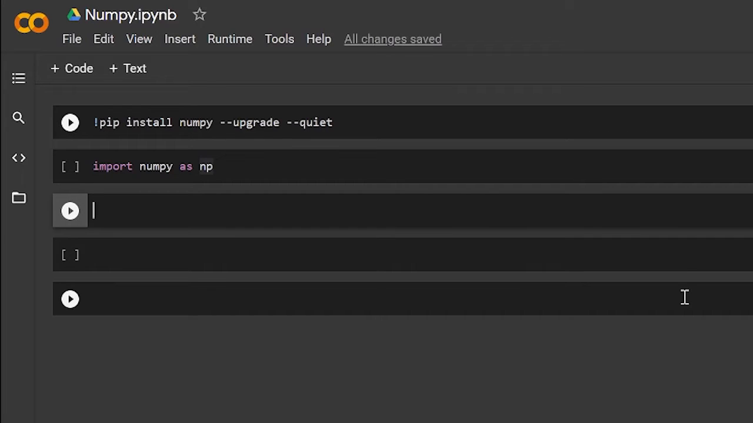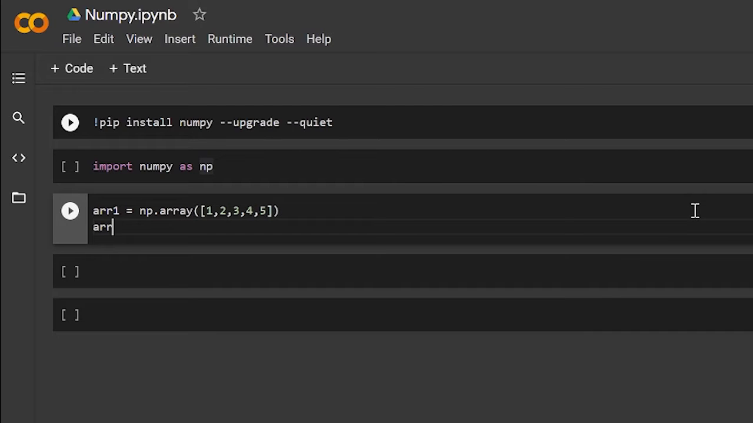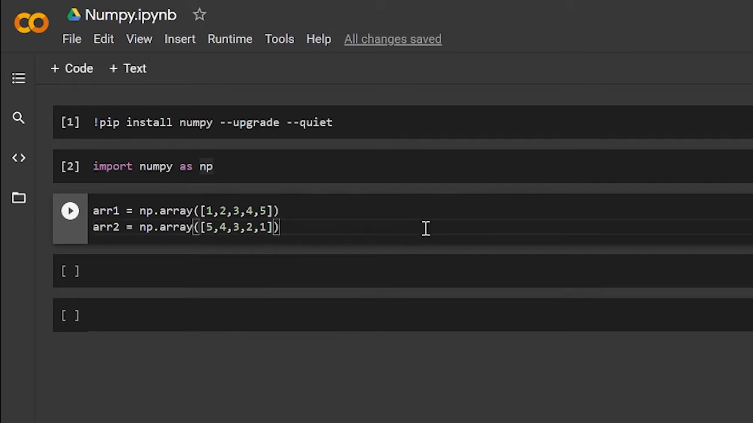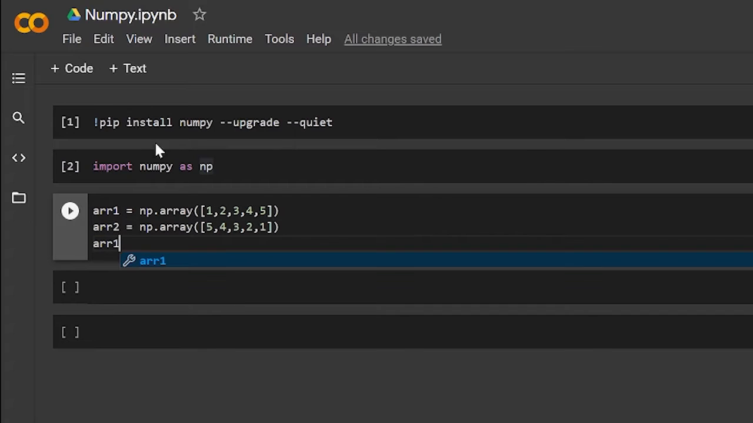So first I'm going to create two arrays. I'll call this one array1, and I'll set this equal to np.array([1, 2, 3, 4, 5]). And now I'll make array2, which is np.array([5, 4, 3, 2, 1]). And now let's run this. So we have our two arrays, and let's take a look at our two arrays. Array1